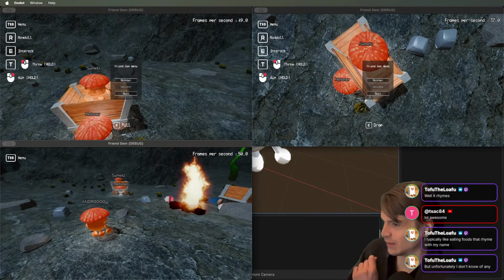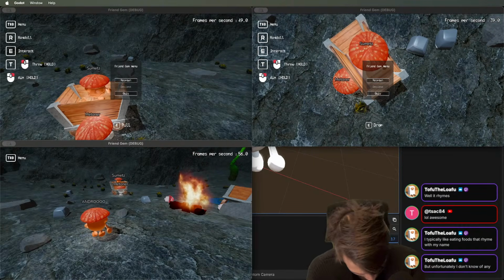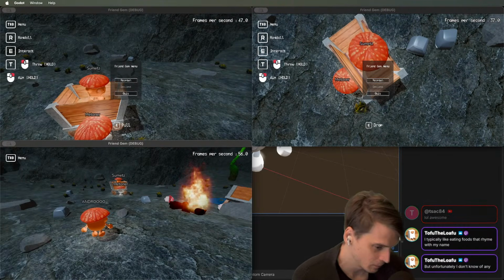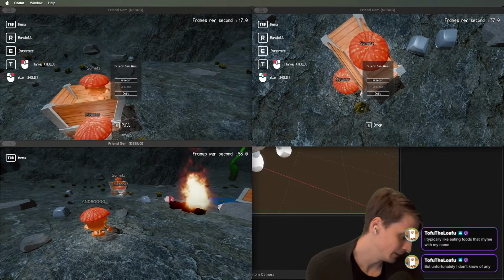I like eating foods that rhyme with my name, tofu the lofu. Yeah, that's tough. Really, you should think about that some more. There's got to be something like bofa. These nuts. No,